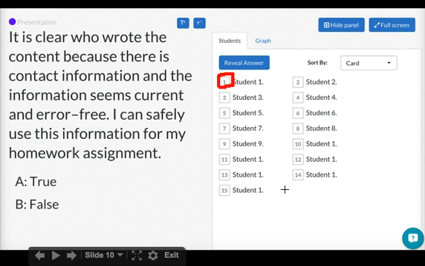So it gives you an idea of how much time you need to allow. And then you can easily see the results in graph form as well. So it makes it really, really easy to use.